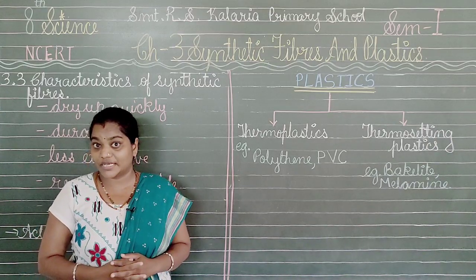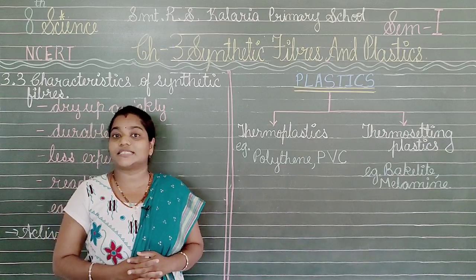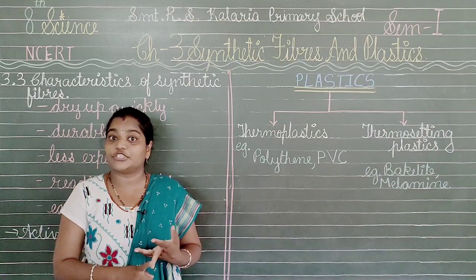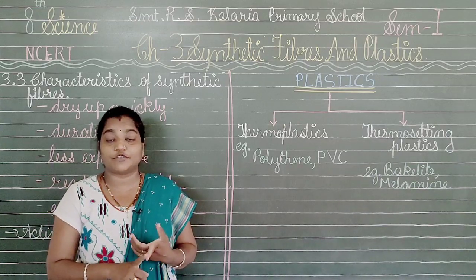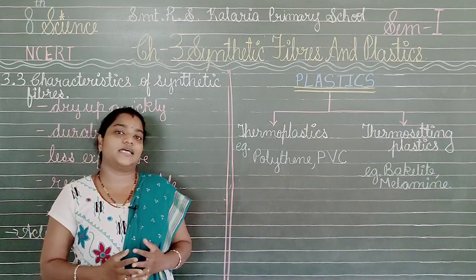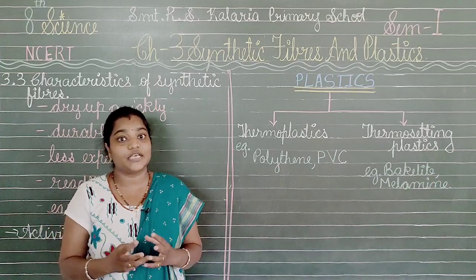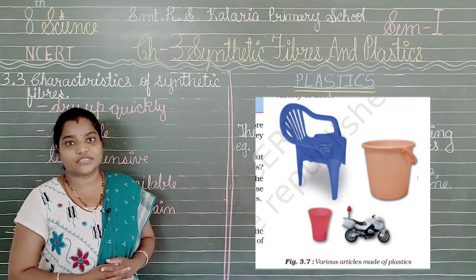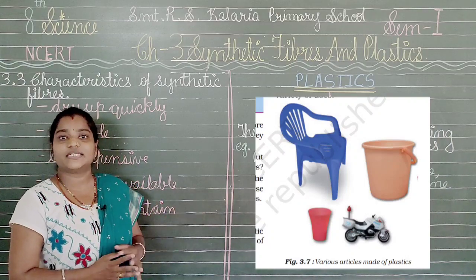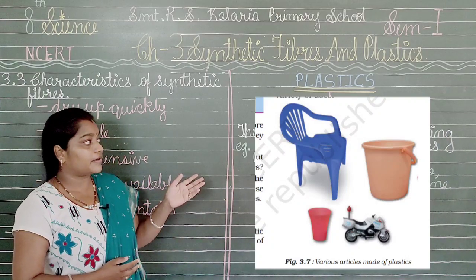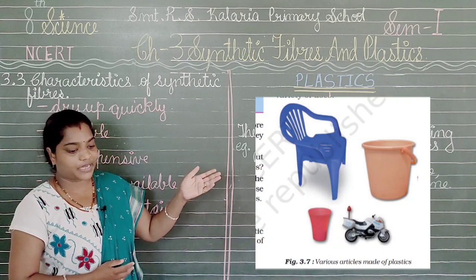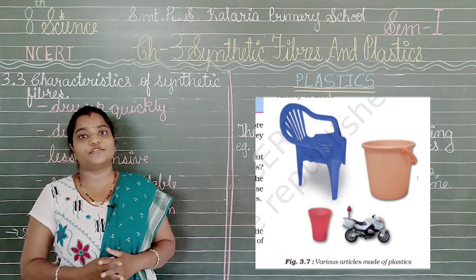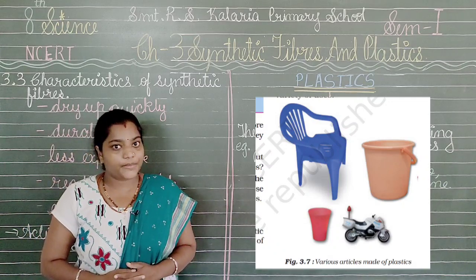What are the uses of the plastic? As we know very well, plastics are recyclable, reusable, they can be molded into different shapes, and they can be dyed very easily with many different colors. So these are the benefits that we see with plastic. Now here in the picture you can see a few of the materials which are made from plastic. We have the chair, the tumbler, or you can say the bucket, then we have the toy and we have the glass. So these are a few of the articles which are made from plastic.